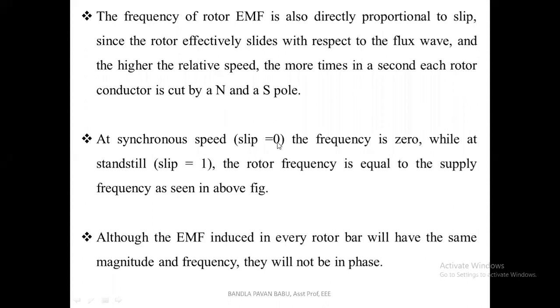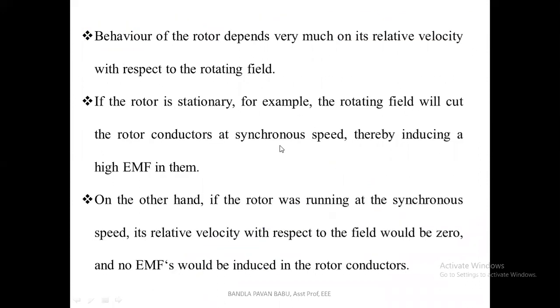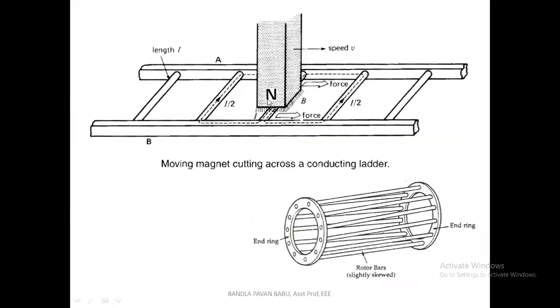So what happened? Look at this diagram. Consider the ladder as the rotor conductor. This ladder is linked with a permanent magnet. Suppose consider it as a north pole. So you have to analyze the machine there. Here it is a permanent magnet, and it consists of a constant north pole. But coming to the motor, there are electromagnets continuously, so there will be alternate poles, north pole and south pole.